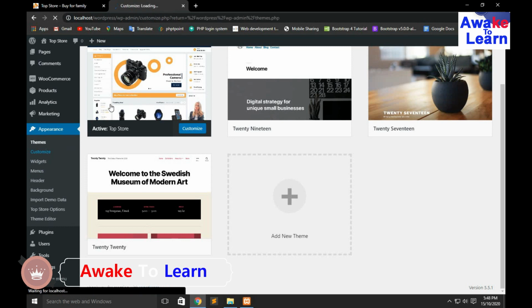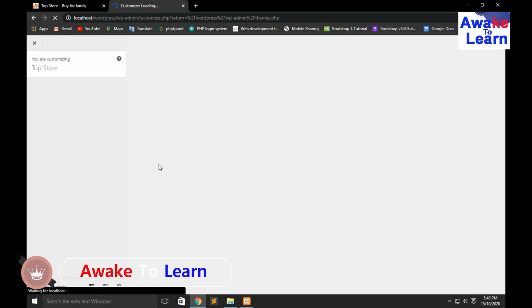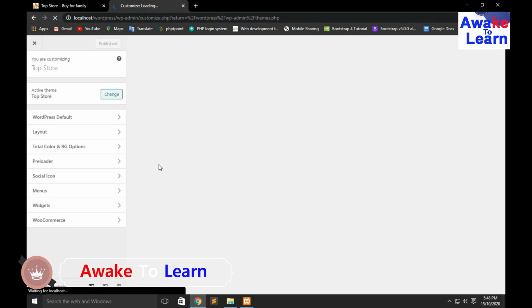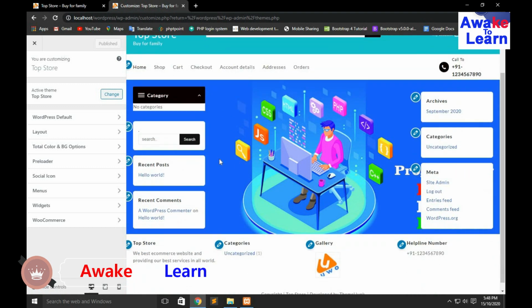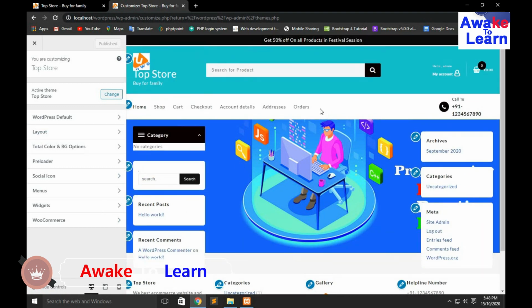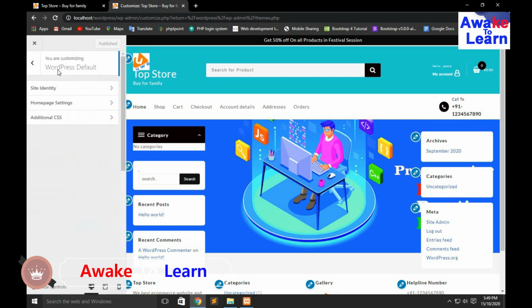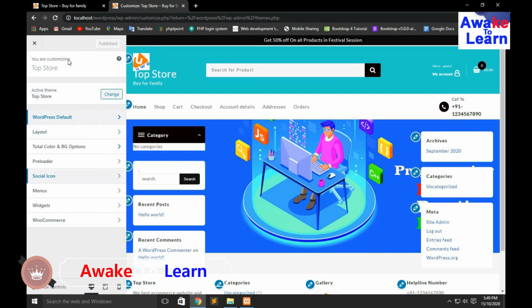From this option, I can customize the theme. From here, you can change the logo and have all these options. In later videos we will discuss all these sections in detail.